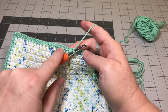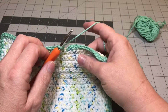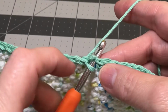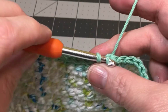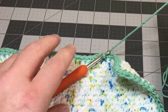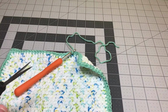Okay, I've come all the way around on my border, and I'm at the end right where we started, and we fasten off pretty much the same way that we did with the body of our washcloth. We're going to slip stitch right into the top of that first chain space that we made when we fastened on our new color. Then we're going to pull this loop through the loop that's on our hook, which is a slip stitch. So you're going to pull it through, and now we're going to cut off our tail. Leave about a 4 to 6 inch tail on there, cut it off, lay that yarn to the side,